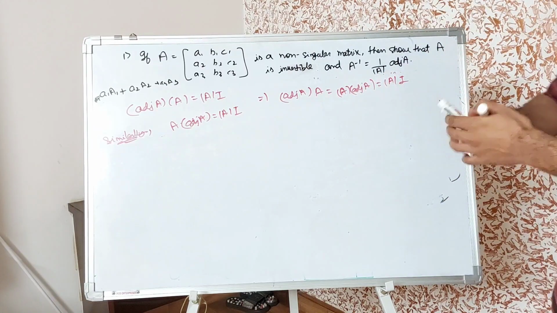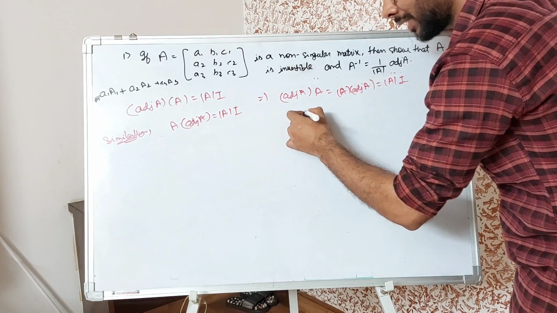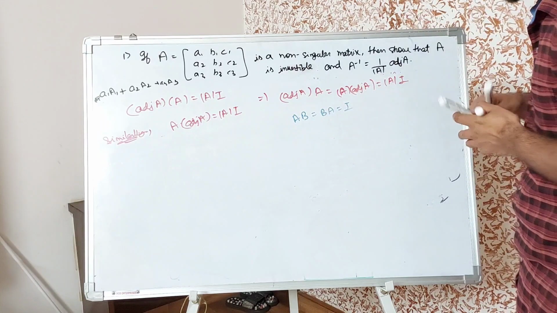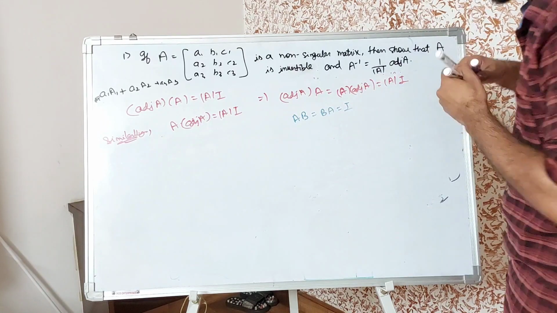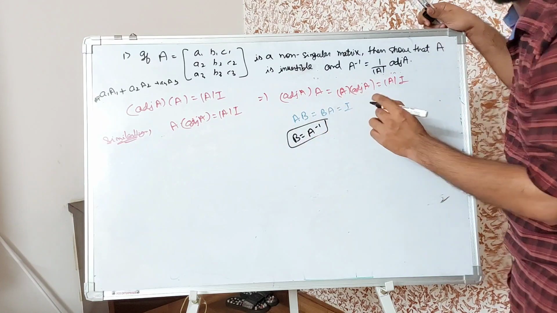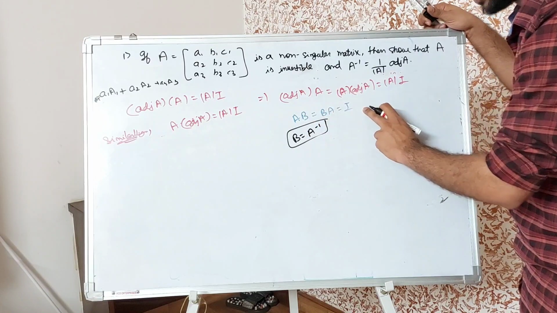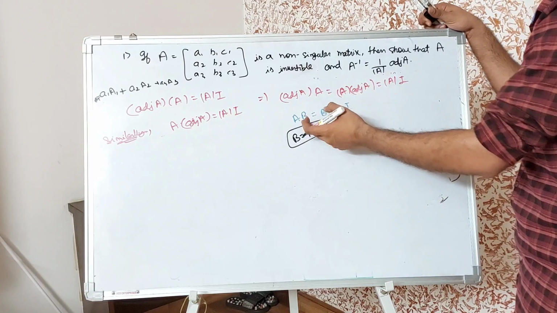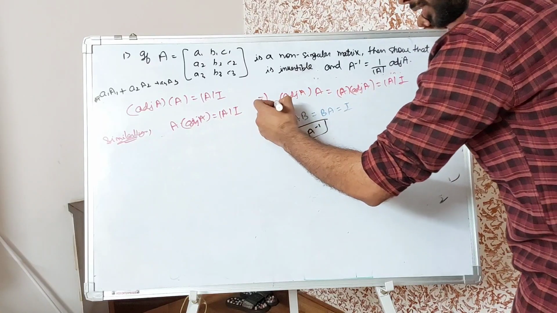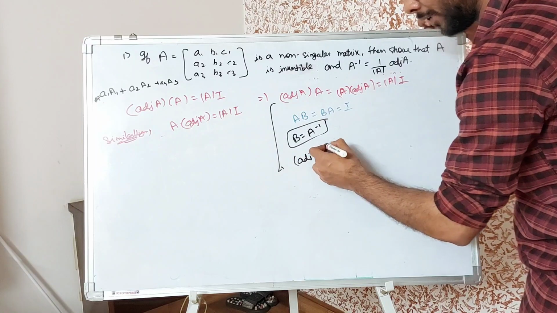Now we know that for any two matrices, if A into B equals B into A equals I, and if A is a non-singular matrix, then B is nothing but A inverse. So if AB equals BA equals I, then directly we can say B is A inverse. Using the same logic, here we can write adjoint of A into A,